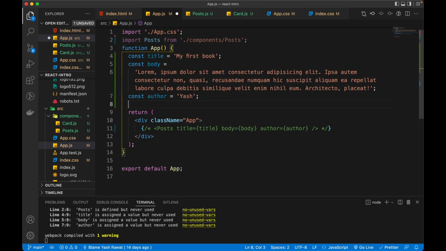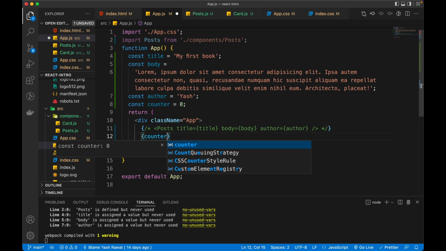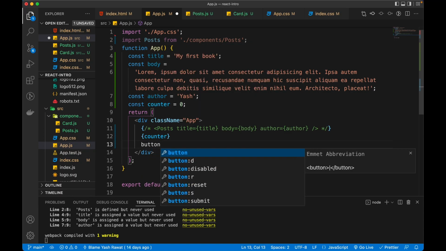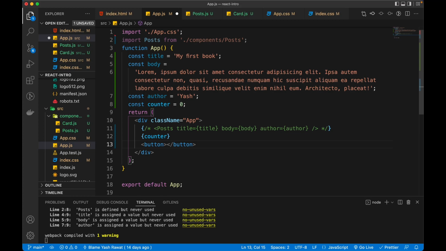So I want to create a counter constant, which is initially 0, and then render this counter, and below that I want my buttons, one to increment and one to decrement,